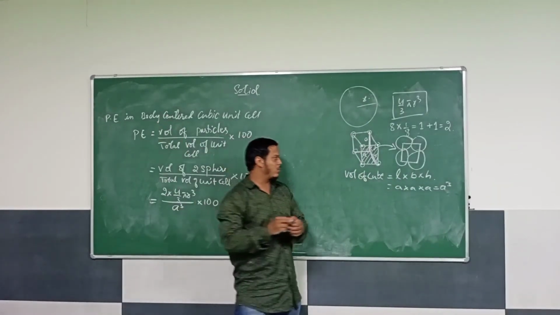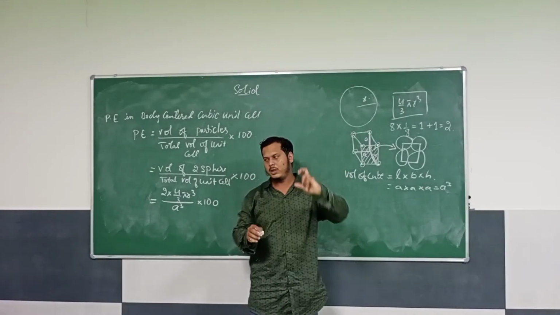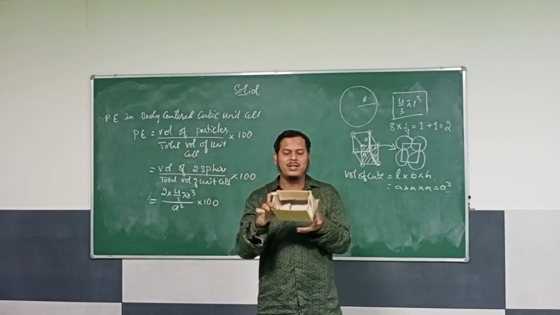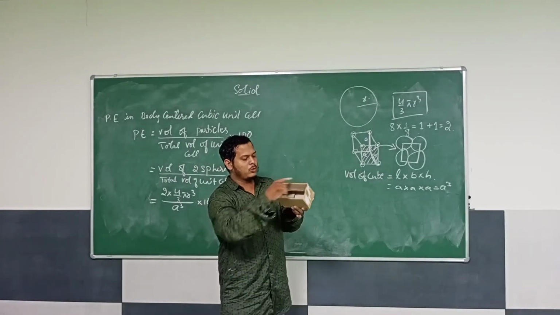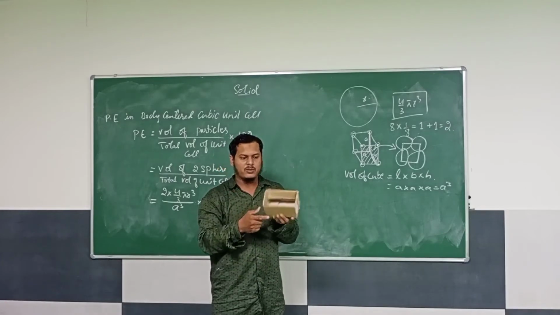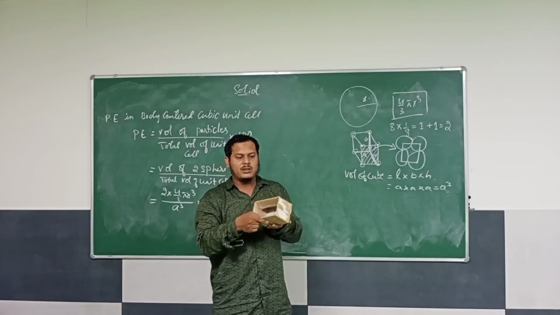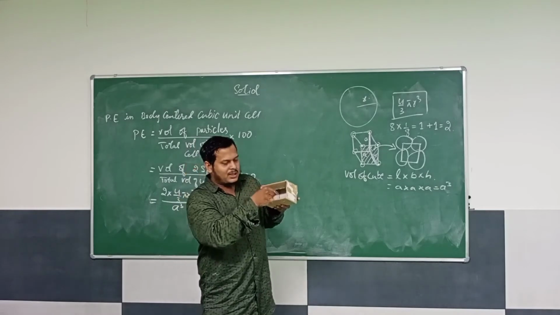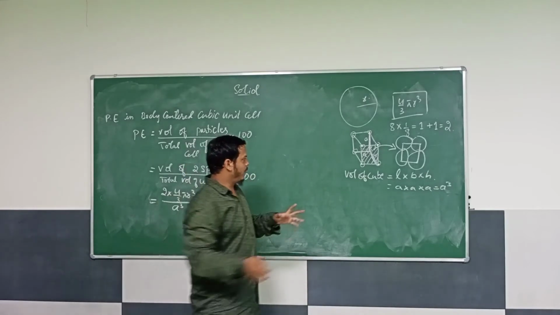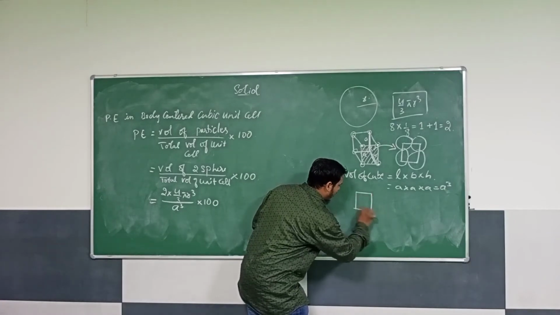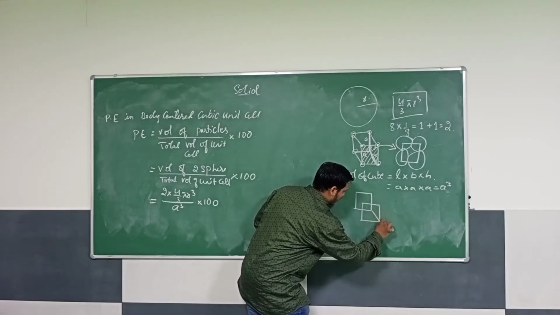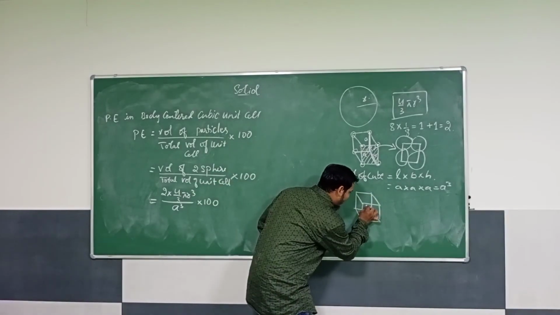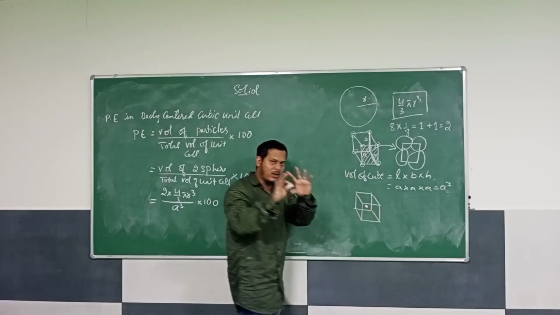This we have seen in the last session, but in this session, that is in this answer, packing efficiency in body centered one, we have one particle inside the body. Imagine this as a cube. So it has how many corners? 1, 2, 3, 4, 5, 6, 7, 8 corners we have. So these are faces, and I am saying that each corner has one particle and one particle at the center. If this is a cube, it will be like this then. Okay, so I will draw it here. Just check it. So this is my unit cell, and one particle is exactly at the center of the cube.